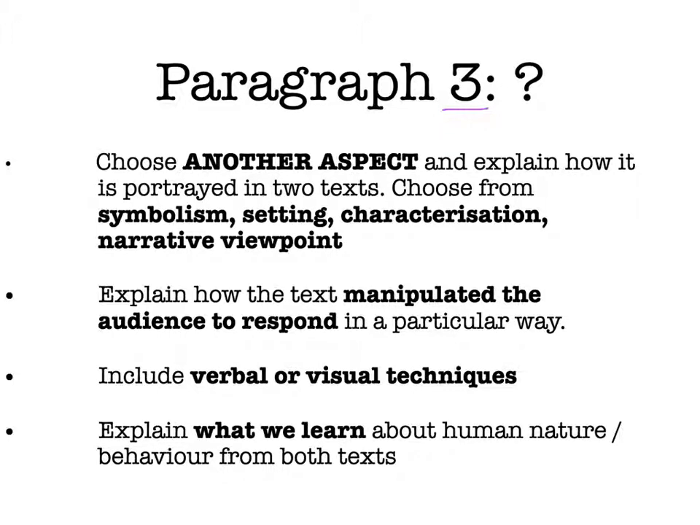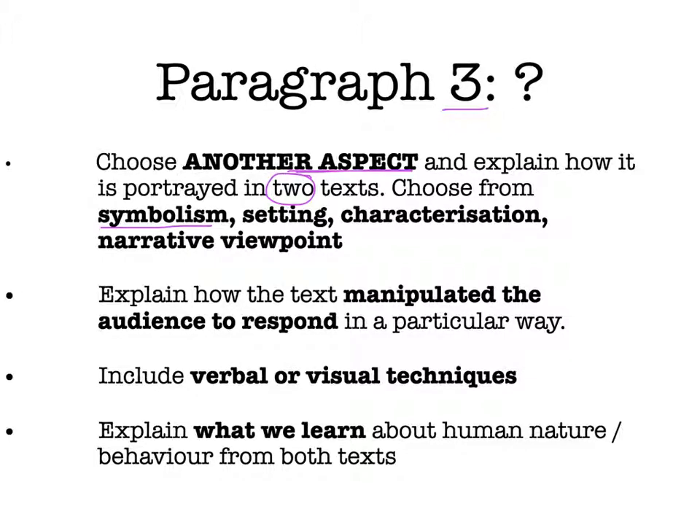So you're given a little bit more flexibility with this question because you can choose which aspect you want to explain, and we're moving away from theme now. So you choose the 2 texts. So it could be your first text and your third text, or your second and third text. That's up to you. And the aspect you can choose from is perhaps symbolism was important in 2 of your texts,